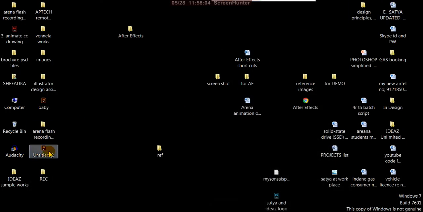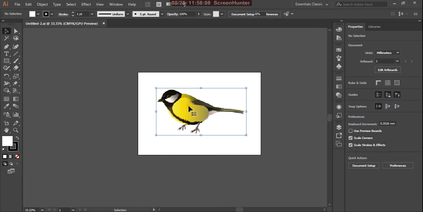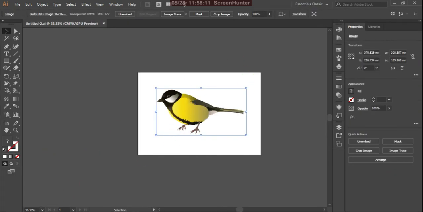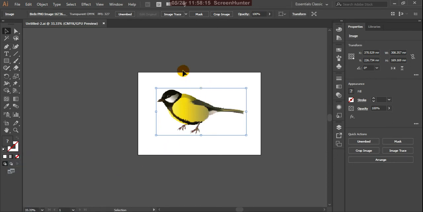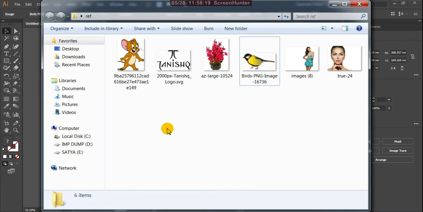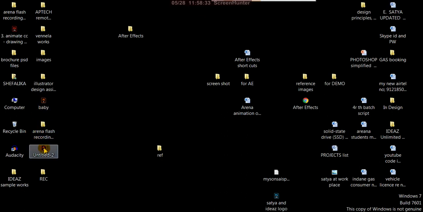Now open this file. See, it is there. Even though I deleted it from that folder, it is there because I used the embedded file. You can just paste that. That is the benefit: no need to worry about carrying these files, because your Illustrator file can store your actual image in it.